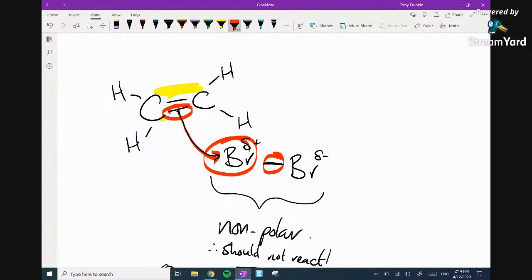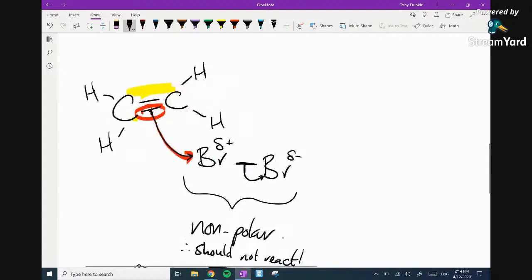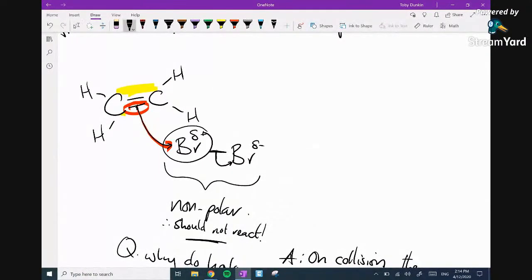Now, the problem is that bromine already has a bond. We've got to break it. Now, curly arrows move away from each other. Once again, I need to break a bond. I'm going to start in the middle, and I go away from the other curly arrow. Electrons repel each other. So now that that's broken, what we need to do is that bromine now needs